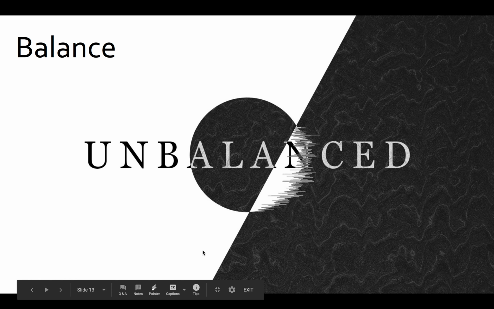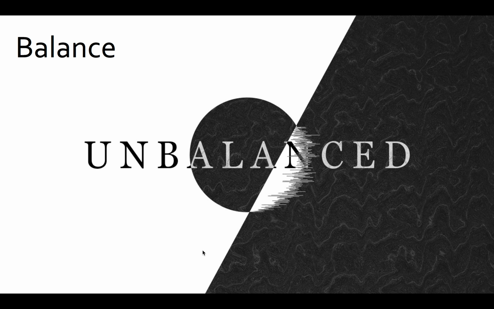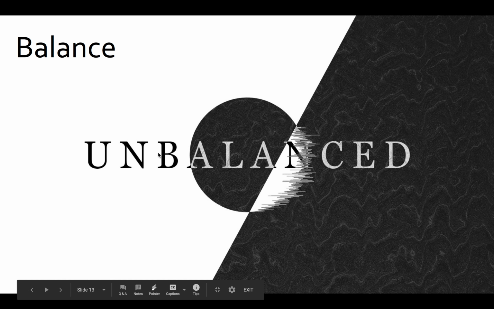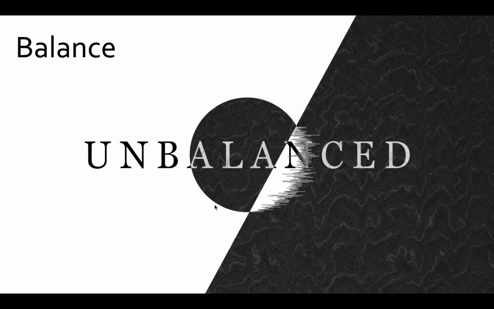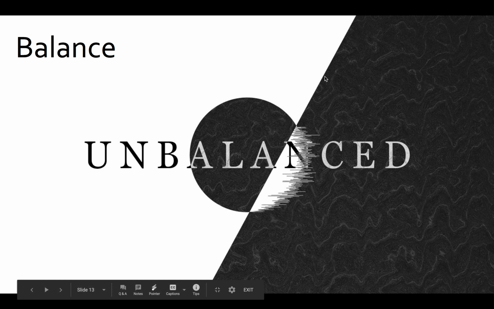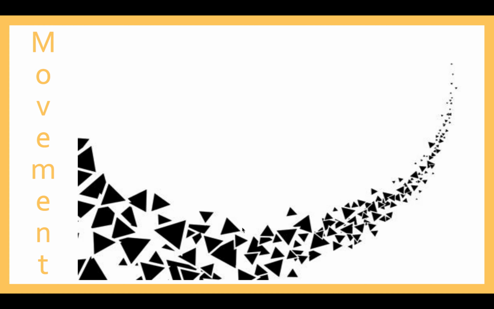Balance. An image, to be visually appealing, should generally be balanced, but you can deviate a little and still have it work. This image is unbalanced: it doesn't cut the circle in half, and it doesn't cut the word in half like you would expect a balanced image to do. But it still achieves that balance. It's interesting because it's not an equally weighted image, so it's making an argument both with the word it's saying as well as with the image itself. And that's kind of fun.